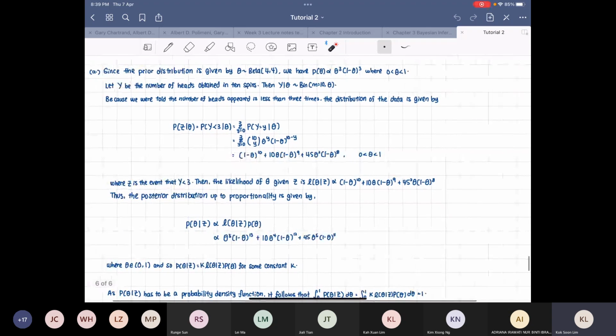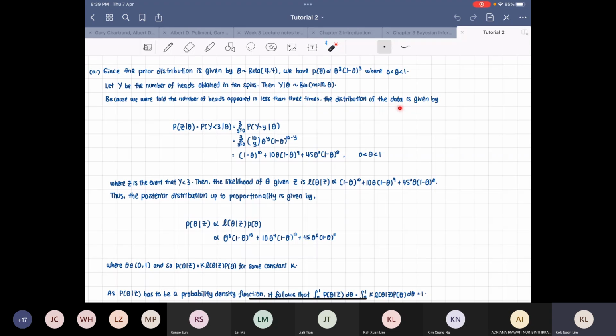Okay, since the prior distribution is given by beta, we can write the prior distribution as proportional to this. And theta is between 0 and 1. Now we know that Y is the number of heads obtained in 10 spins, which means Y follows a binomial distribution with m equals 10. And because we were told that the number of heads appears less than 3 times,